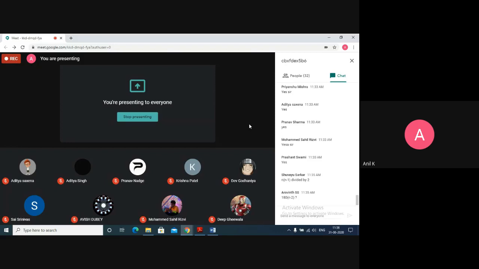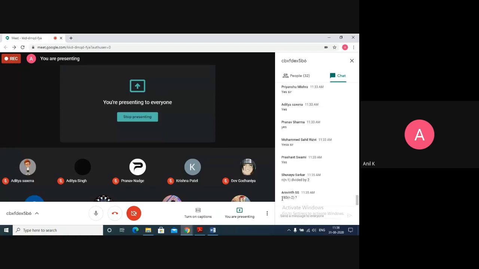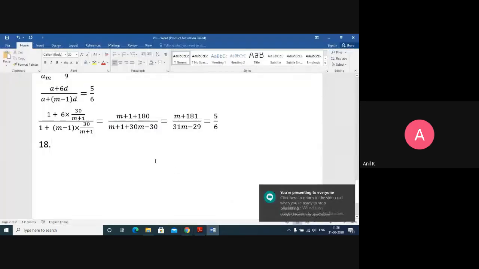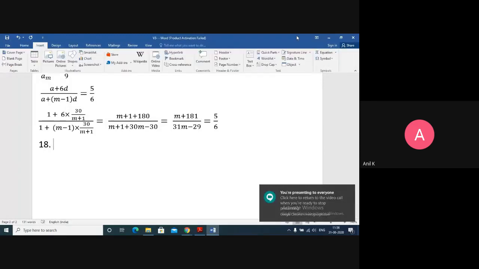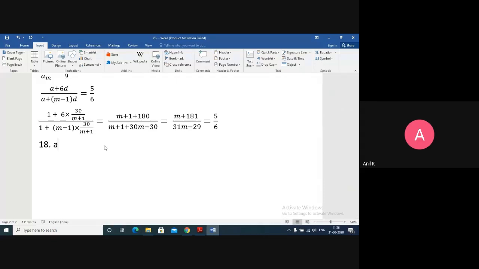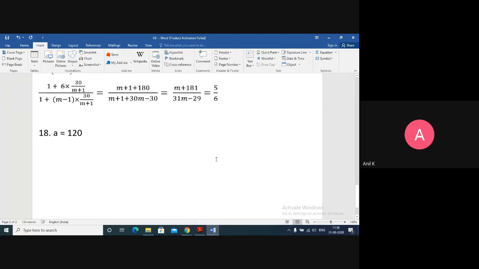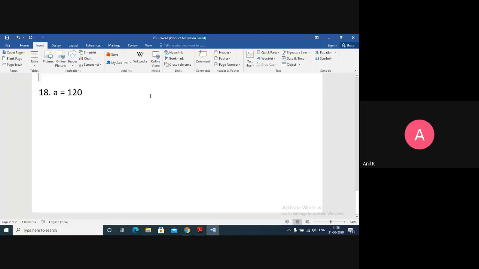If I go for a quadrilateral, number of sides are 4, 4 minus 2 is 2, 2 into 180 is 360. So that is the sum of all the angles of a quadrilateral. So here I use this formula. What is given? The smallest angle is 120, so A value is 120 degrees. After knowing the A value, what is given?